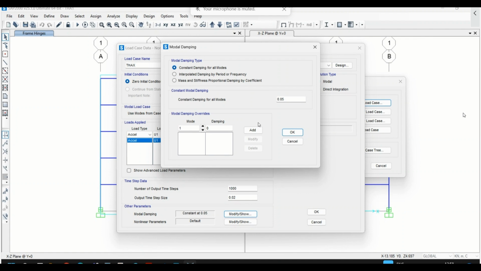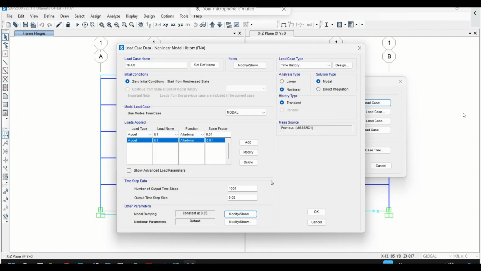The manufacturer of the device will give you that information. So let's assume approximately 15%, 0.15 for the first mode. It's an override, and then the rest of the modes will have 5% of critical damping. It is based on a model. So we're going with this,